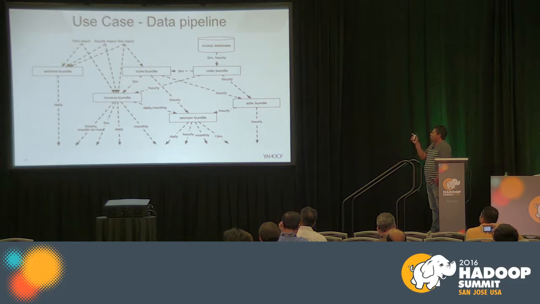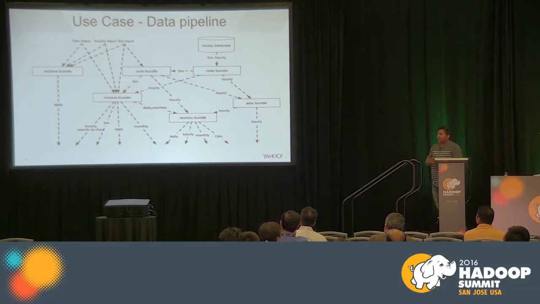The hourly output goes to the AWD bundle, which produces reporting metrics, which are consumed by other systems. And again, the output goes to the Revon bundle, which produces monitoring details, which are fed to another monitoring system. The 5-minute output of the core bundle goes to the invoice bundle, which is used to generate invoice and billing information.